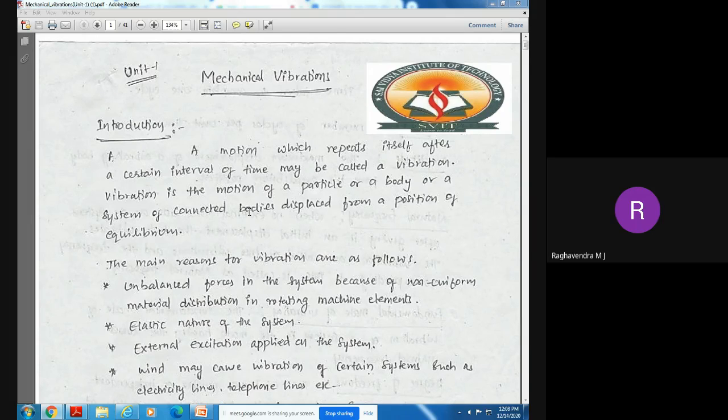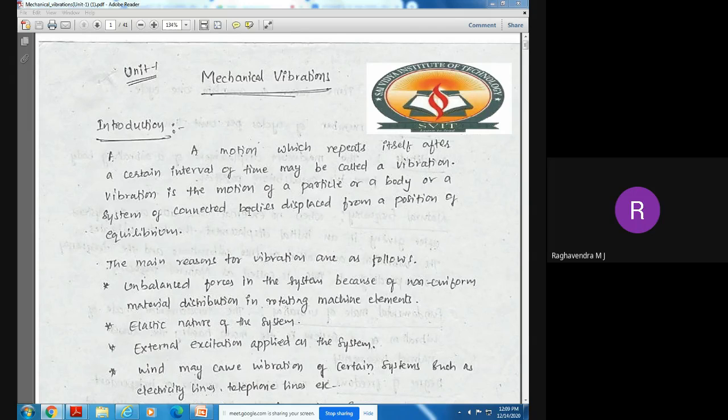An example is a simple pendulum, and the vibration of a tuning fork is also a good example. Not only these two, there are many mechanical structures and mechanical members which have rotating and reciprocating parts that will vibrate. All the structures and machine members operating under